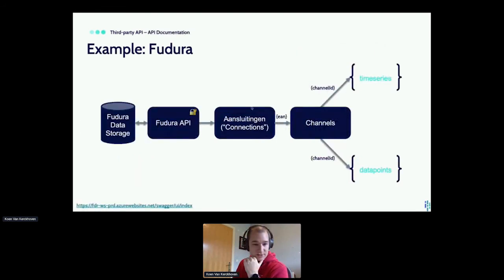We had aansluitingen, or connections, or meters, I think is what we eventually called it. Meters based on one specific EAN. When you choose this specific meter, the one with this EAN, it has different channels. And when you select one of those channels, you can then get the time series data for that channel, for that EAN, for that user, right? So let me show you what that looks like